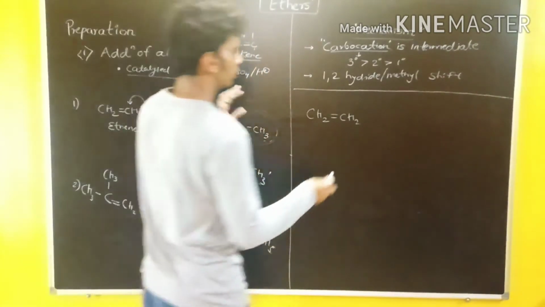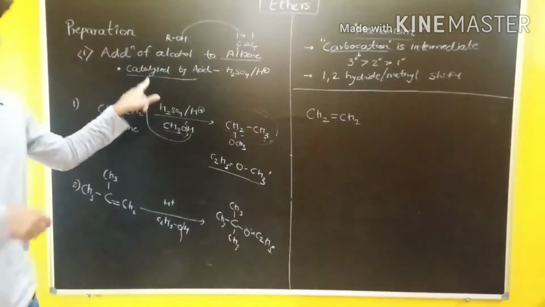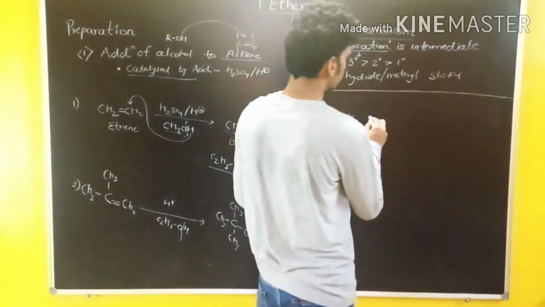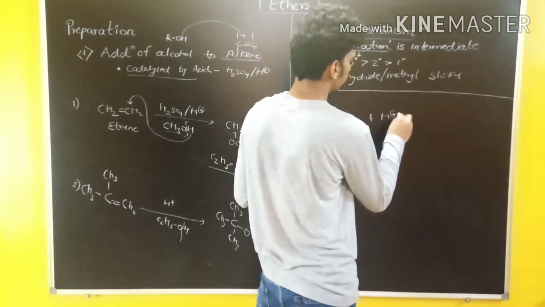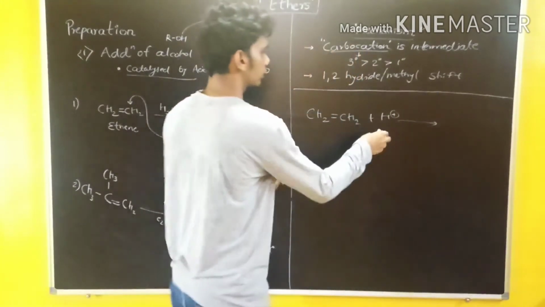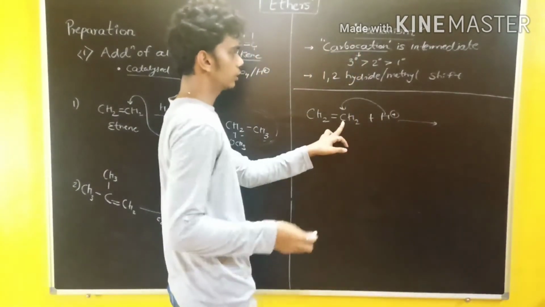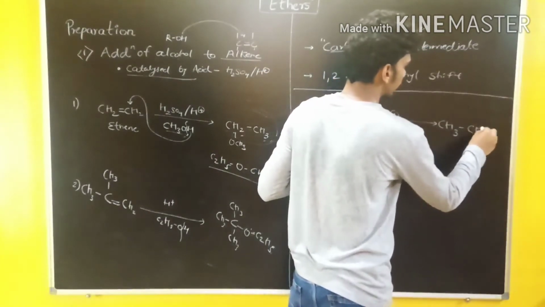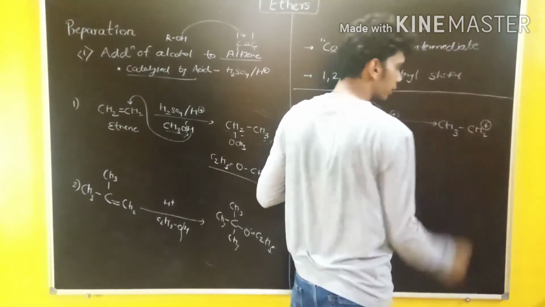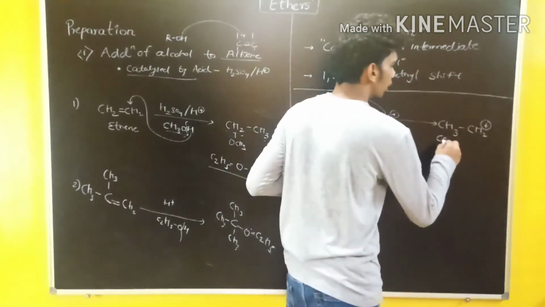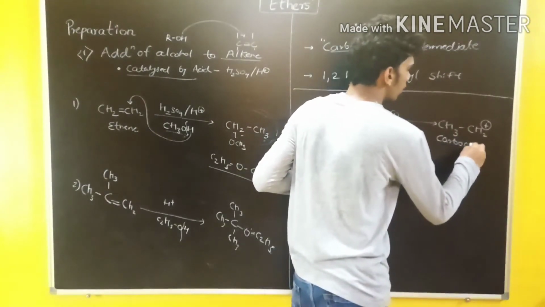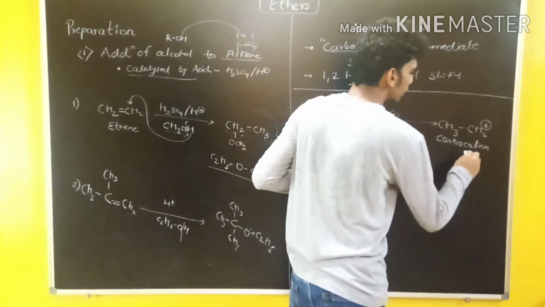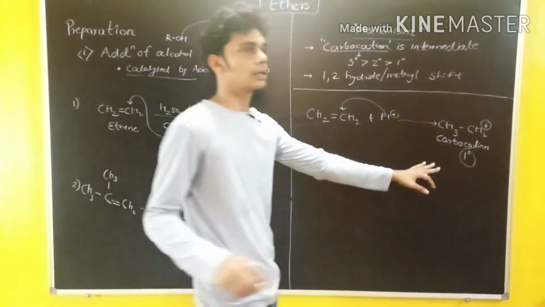Okay, so now it is an acid catalyst. We have to discuss the acid catalyst here. What is going to happen is this: when H plus attacks over here, it will be attached to here. So what will be the formation? CH3CH2 containing a positive charge, and this is called your carbocation. This is the primary carbocation.